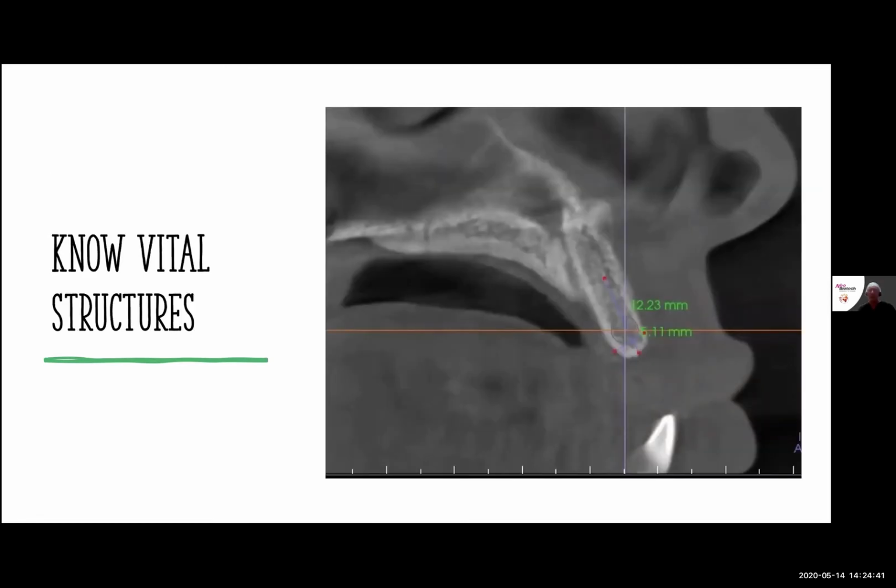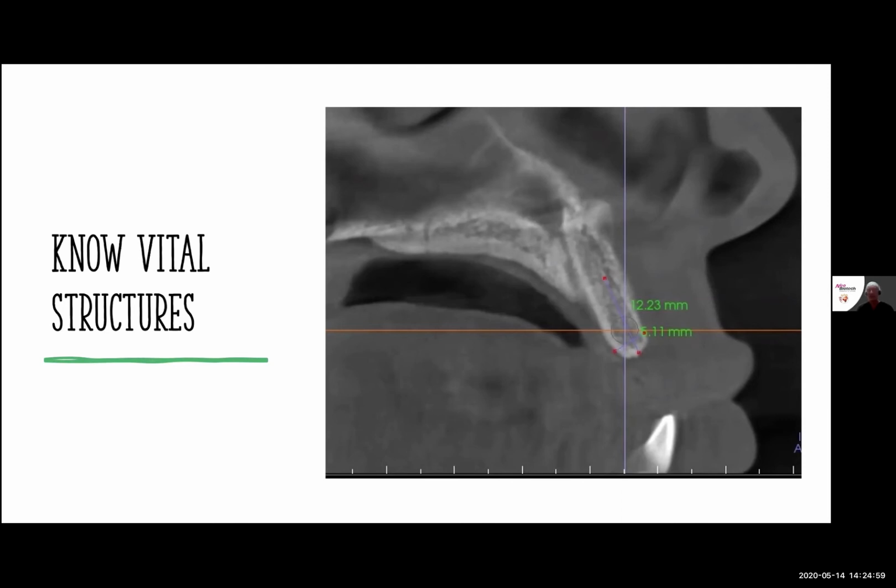The other thing we need to do with our cone beam is we need to be able to see any vital structures that are there. If we're bone grafting and the majority of this is all done on the facial surface, we have to know where the mental foramen is for the lower. On the facial surface, we need to know,